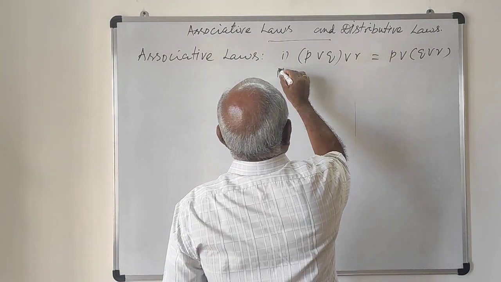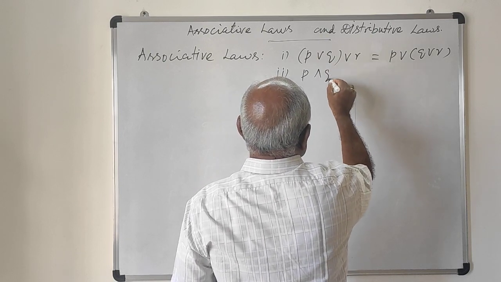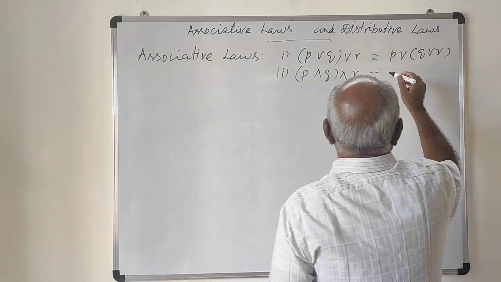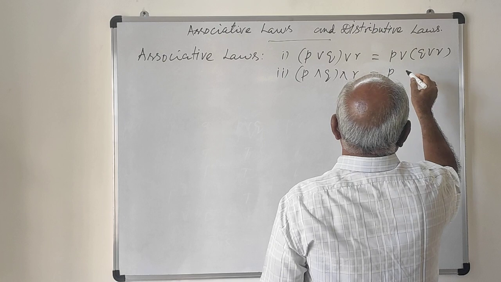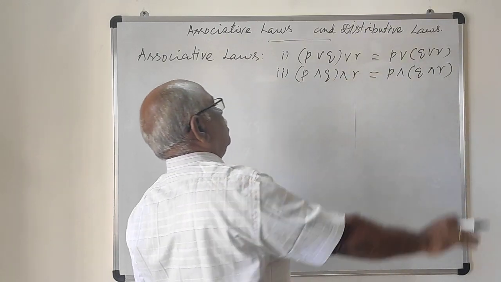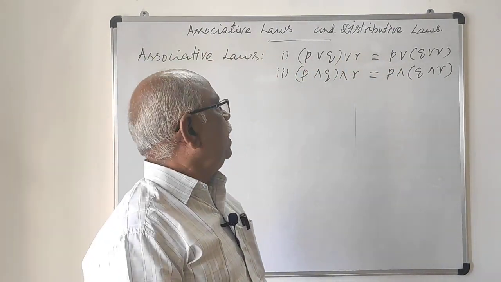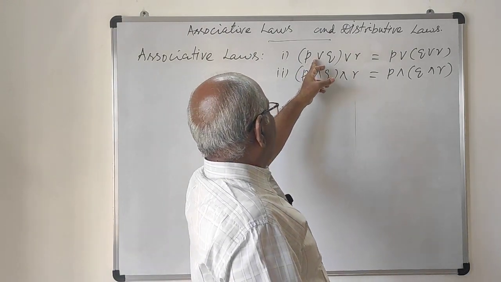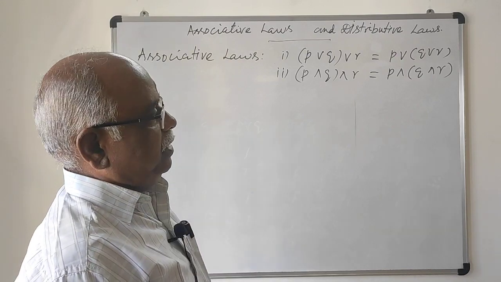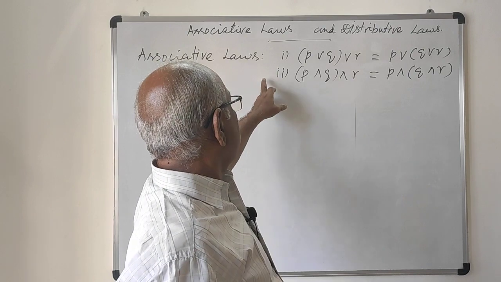And one more law, using conjunction: P conjunction Q conjunction R is equal to P conjunction Q conjunction R. These two are called associative laws. P, Q and R are any three events. Using disjunction and using conjunction, we have two laws. See, in your book, the first law is derived as an example. Now I am going to derive the second law